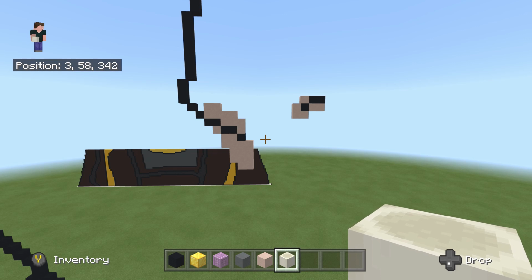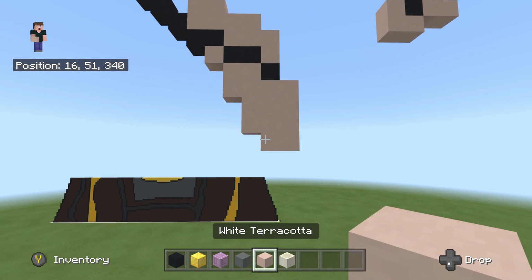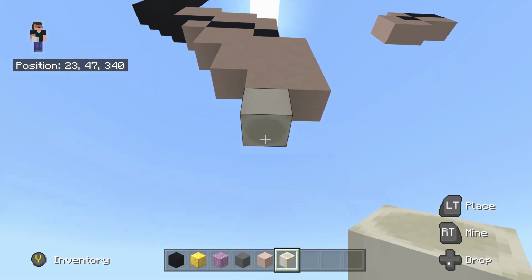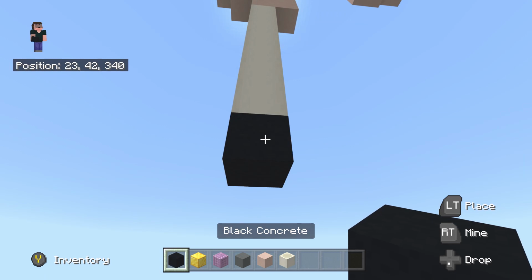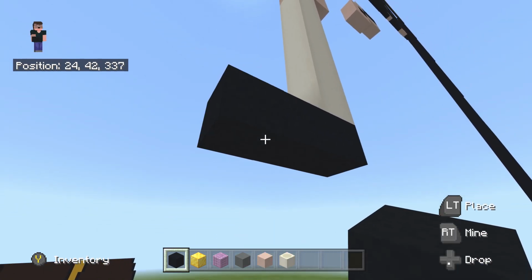what we're going to do is fly over to the left hand side of the outline that we did with the white terracotta, and take out our bone block, and go underneath by 7. So 1, 2, 3, 4, 5, 6, 7. Then take out your black concrete, place 1 underneath, and then place 2 to the left. So 1, 2, then do a bottom left diagonal,